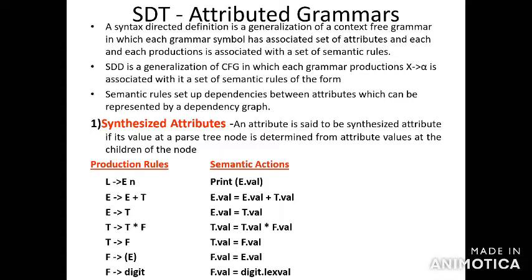In quadruple, you use temporary variables for creating the 3 address code. But in triple, we do not use temporary variables. You have to avoid the temporary variables. Instead, for each and every temporary variable, you use pointers 0, 1, 2, 3. Instead of the 3 address code, you use the pointers. So in triple we do not use temporary variables, and no result field is available.